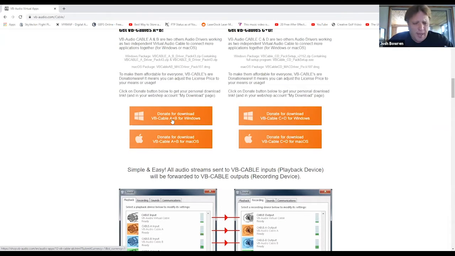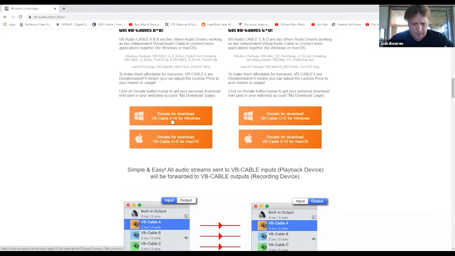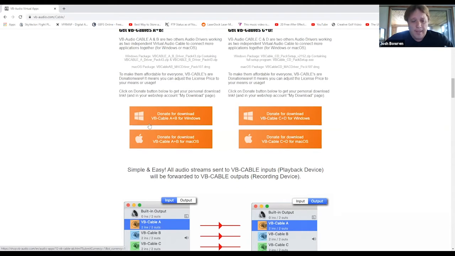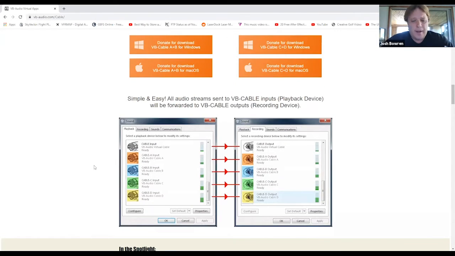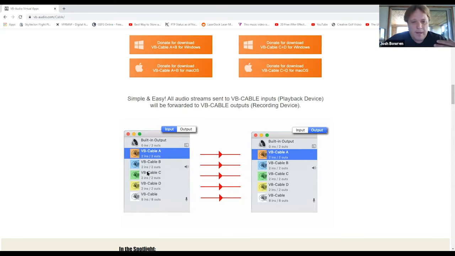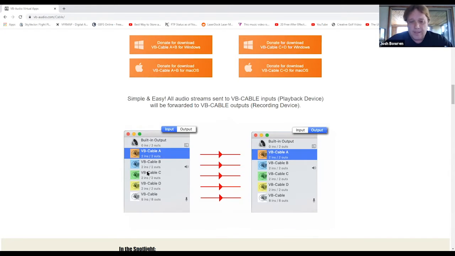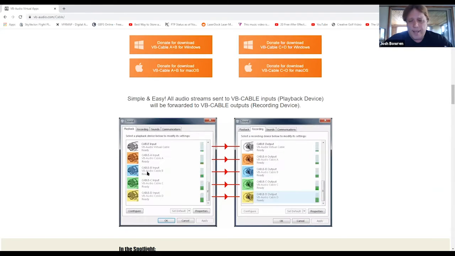We'll probably just use cable A and go the one way for today, just to keep it simple. But that's it. That's all the ingredients we need to put this little project together. So once again, we have the virtual cables that we downloaded, and you just install. The neat thing is that whatever system you're on, they actually become devices. So if you have a USB microphone, your internal laptop speaker, or laptop microphone, or these cables, you can switch them as devices. And all the programs recognize these cables, which is really cool. Whether you're in OBS,